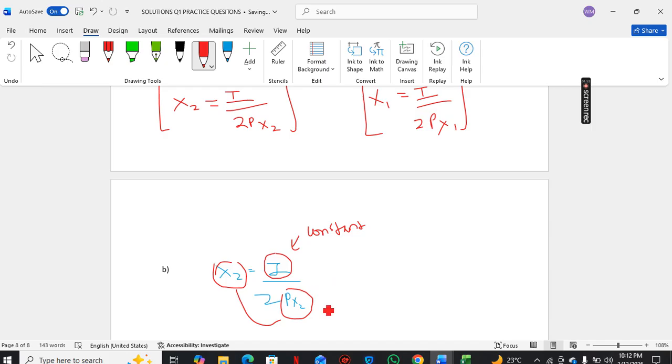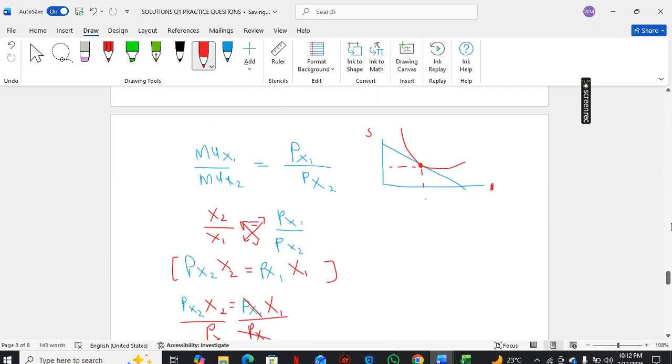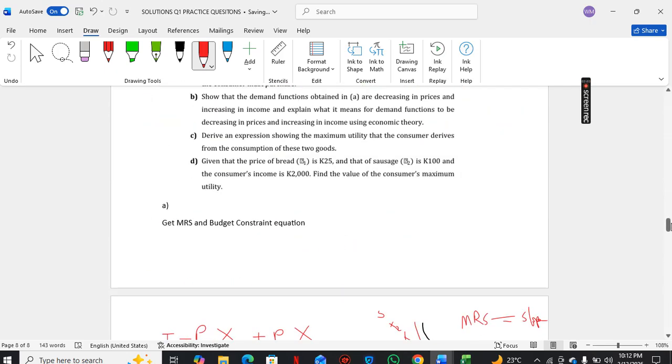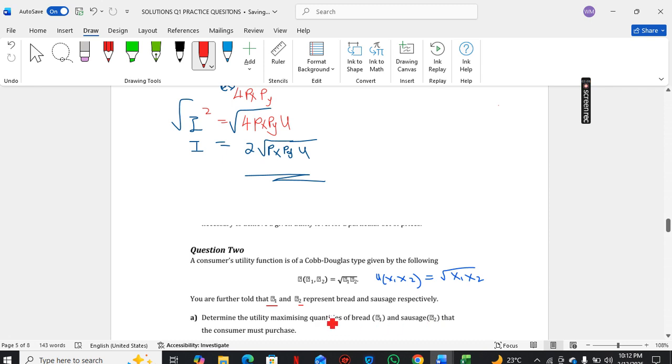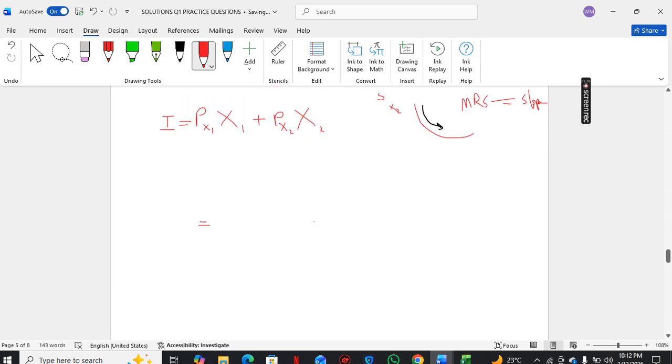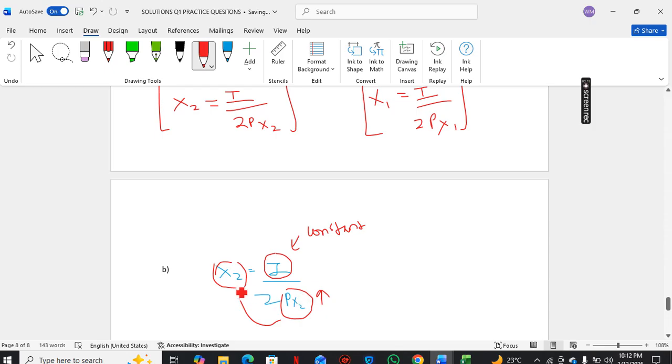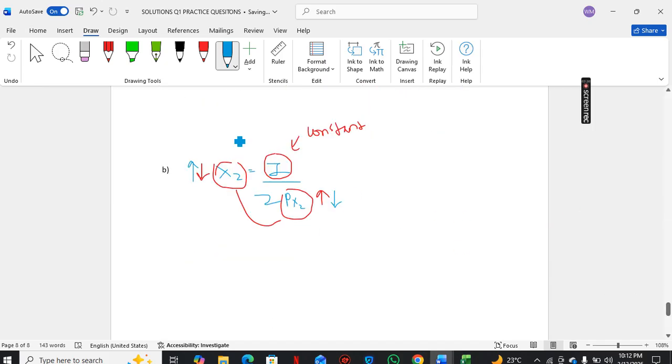So if px2 increases, x2 decreases. The price of x2, the sausage, increases. The quantity demanded, or the amount bought, of sausage will reduce. Okay. And if the price of sausages goes down, what's going to happen to the quantity of sausages? They are going to increase. Okay. So what you can say in the exam,